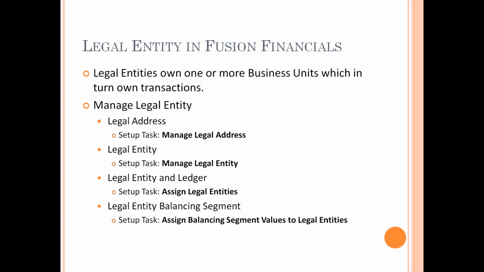And then once you assign the legal entity to a ledger, the next thing is you will have to assign a balancing segment. Now see, when we created the chart of accounts, Anup, we had the first balancing segment as the company segment, your natural balancing segment, the primary balancing segment. Primary balancing segment values will typically go to a legal entity, one of the values. So these are the set of activities that you will have to perform to manage a legal entity. We will see how exactly these activities are done in Fusion one by one.